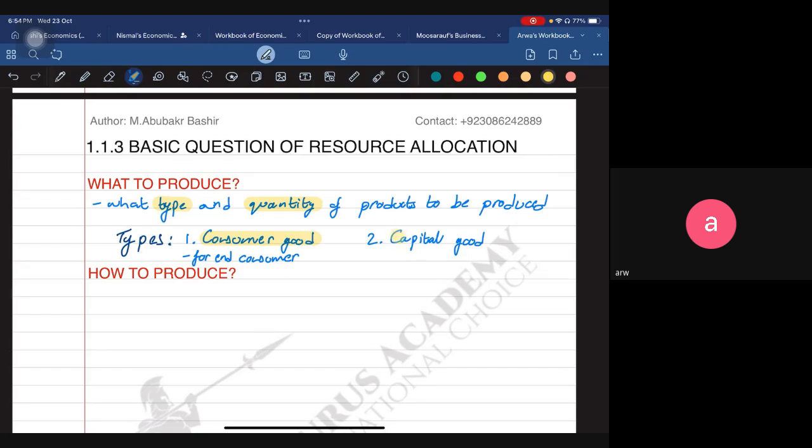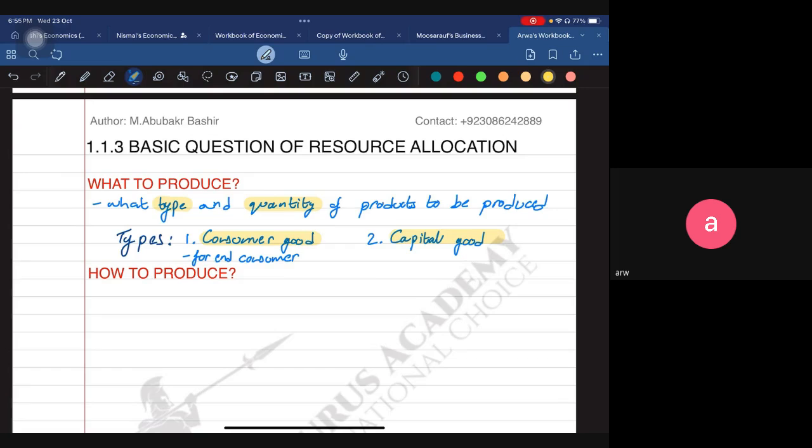But a consumer good, for example a perishable good, will perish. So only the current consumers at that time who purchase it can use it, not future consumers. Exactly. Perfect. So they are perishable, and even if they are not,